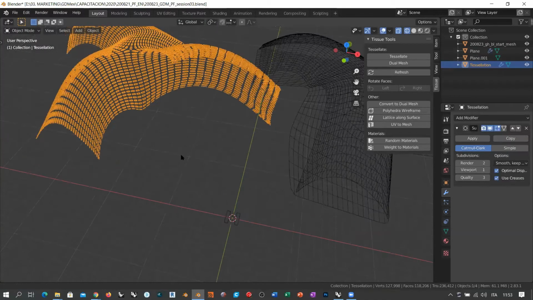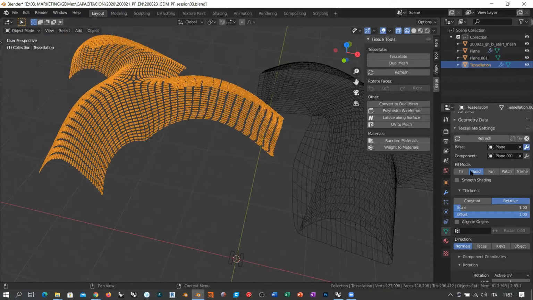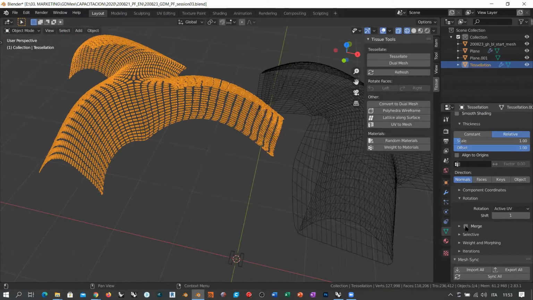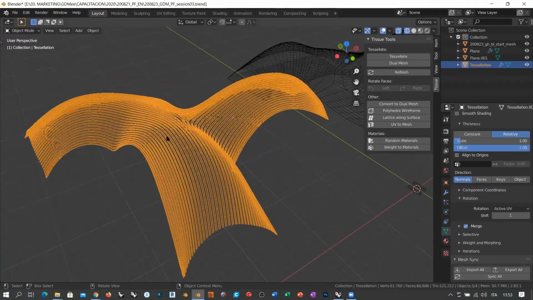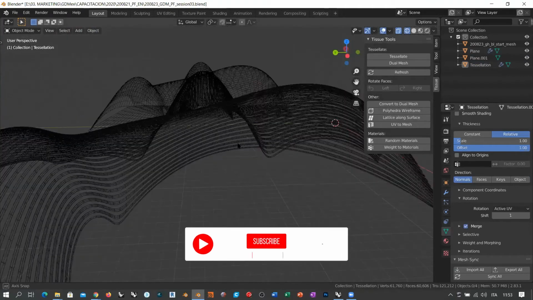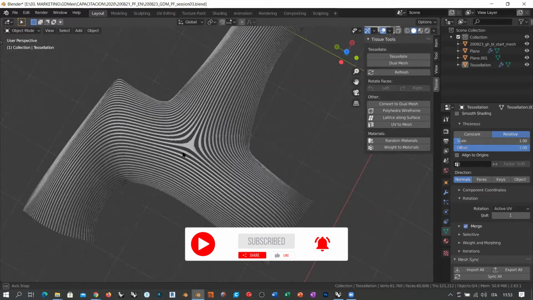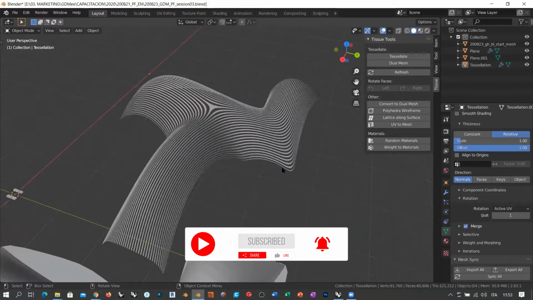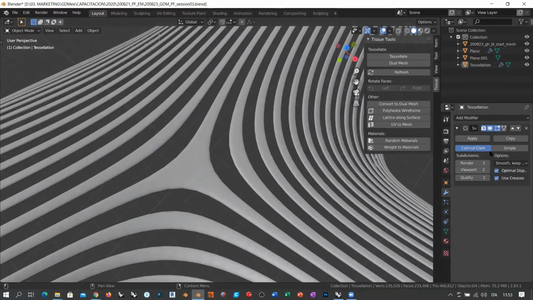And now if we go here, you can also tell tissue, or the tessellation, that you want to merge the actual elements. So the seam gets stitched together, and you have this smooth repetition of stripes. Okay, so if you want to see this in shaded mode, here it is. And how smooth they are depends on how many subdivisions you want to apply to this thing. Okay, so now they are 2, but I can increase it to 3, and you see that I'm smoothing this